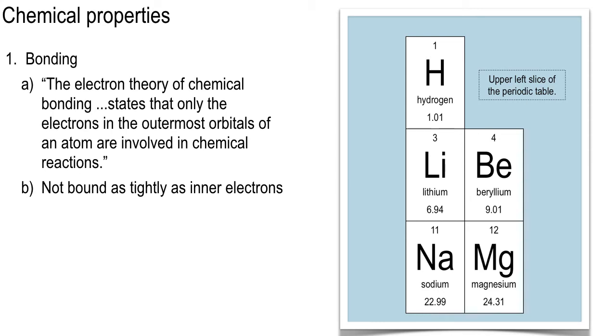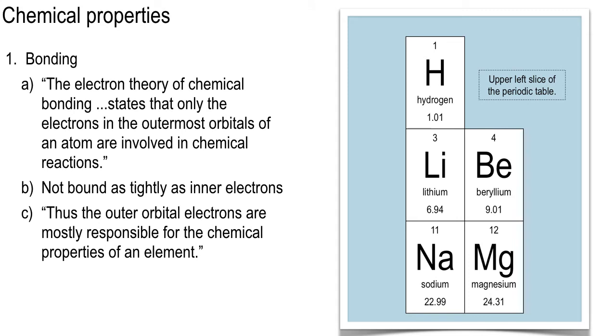So when you're, you know, the proverbial 5-finger discount, when you're talking atoms, it's the outer electrons that get the 5-finger discount. Okay, so the outer orbital electrons are the ones that are mostly responsible, I should say, for the chemical properties of the element. And a case in point is the first column. All right? Hydrogen, lithium, and sodium. Now, they're over there on the far left. They have a filled energy level plus 1.